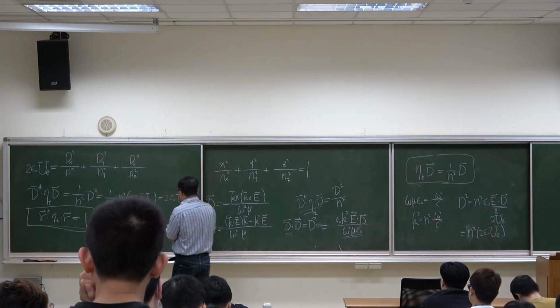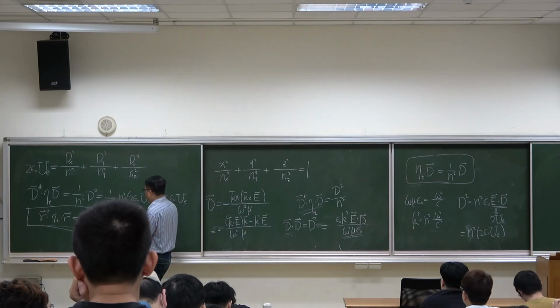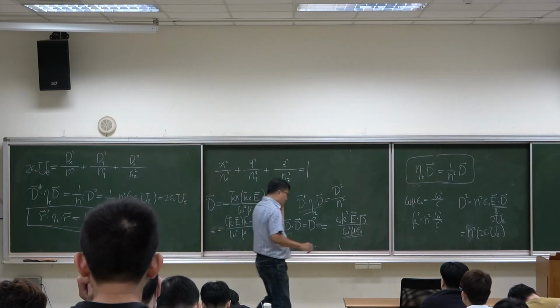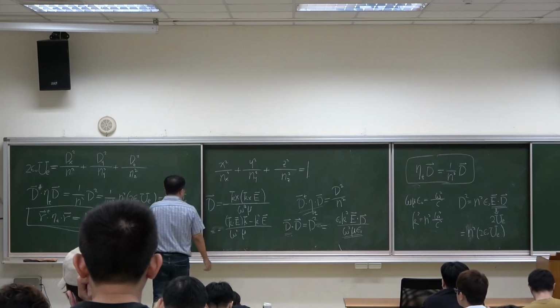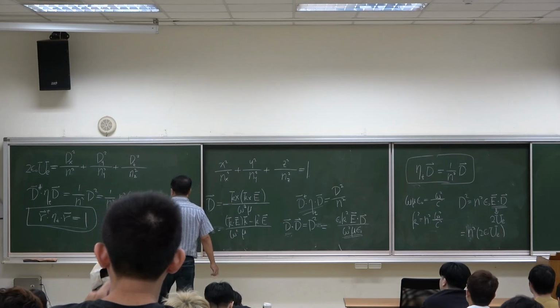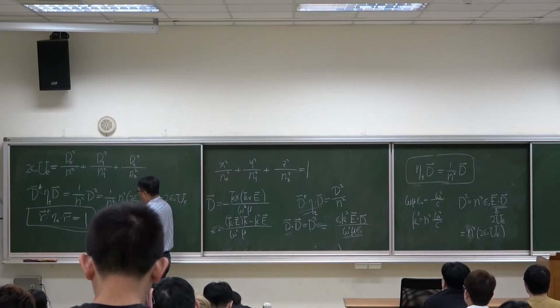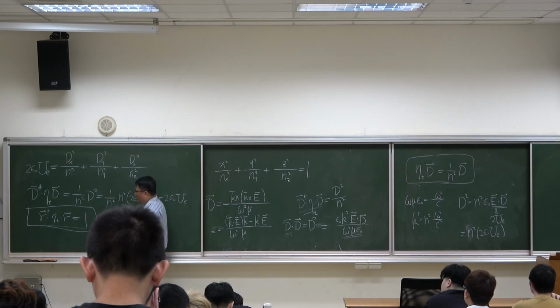So this means that 1 over n squared. 好，这边我主要要讲的是这样。